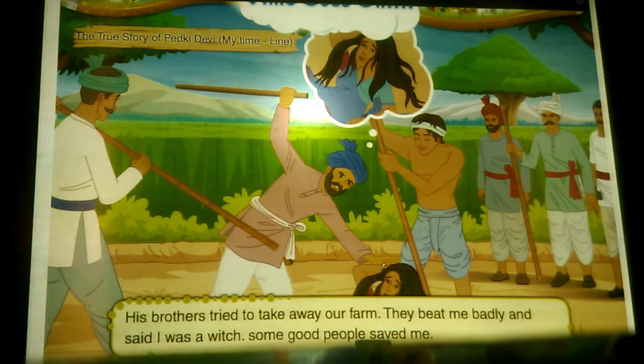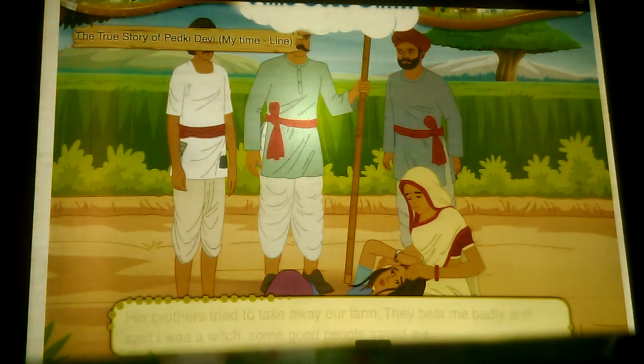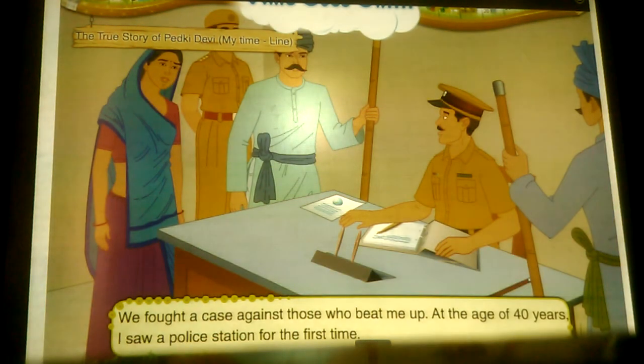His brothers tried to take away our farm. They treated me badly and said that I was a witch. Some good people saved me. We fought a case against those who harmed me. At the age of 40 years,